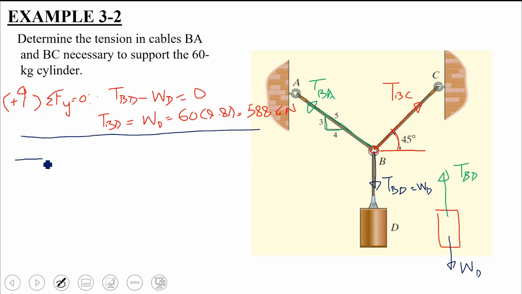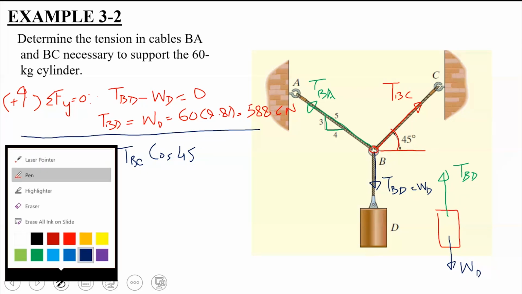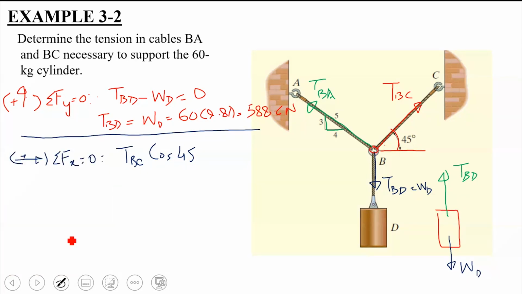The conditions of equilibrium says that summation Fx should be equal to 0. So what are the forces which are acting along the x-axis from the free body diagram of ring B? Can you identify those forces? Sir, TBC. Okay, इसका कौन सा कंपोनेंट आएगा? Cos 45. पॉजिटिव नेगेटिव? सर नेगेटिव।